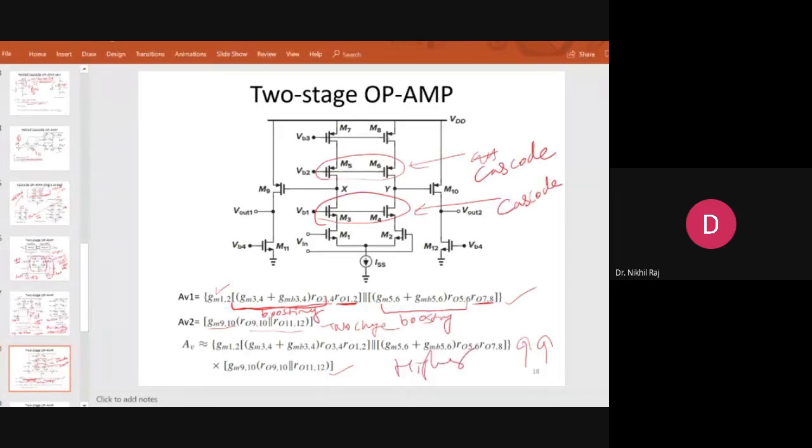Now at the same time you may say, okay, gain is achieved, but what about the swing? If I check the swing, what is the swing here? That is VDD minus 2 overdrive voltage. So my swing is not disturbed but my gain is improved. This means that even if I make many changes in the inner block, it will not affect my swing. So higher gain is possible, and at the same time high swing is also possible. So again the two stage op amp proved to be beneficial over the single stage op amp.